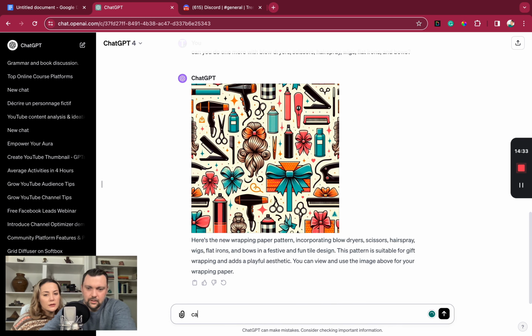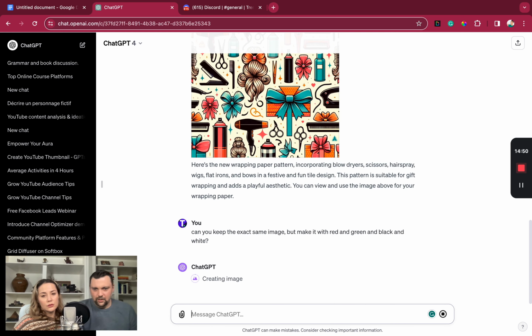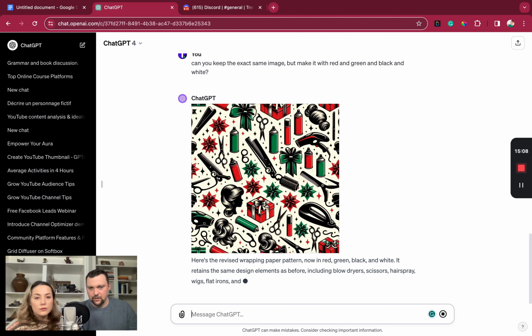Can you do the exact same image, red and green and black and white? I've tried this multiple times and it's never given me the same image again. It never gives me the same text. But I know a lot of times on Midjourney, there's some way that you can create the seed of the image. There's like a little code identifier for each image, and then it'll create similar imagery.